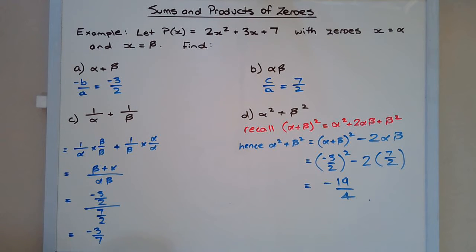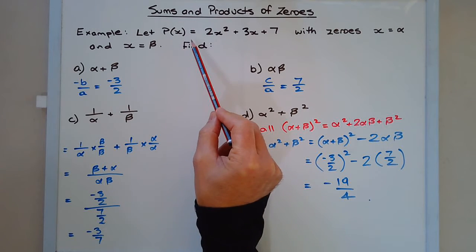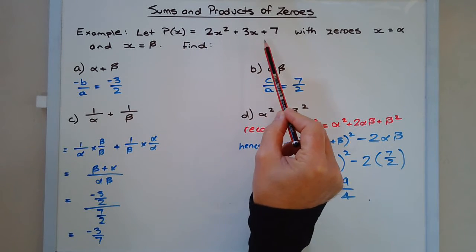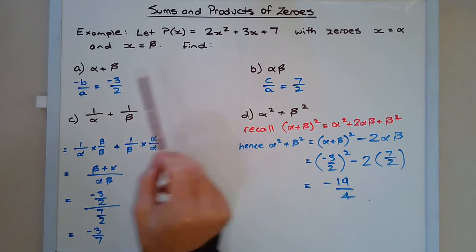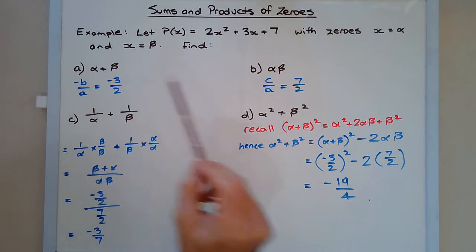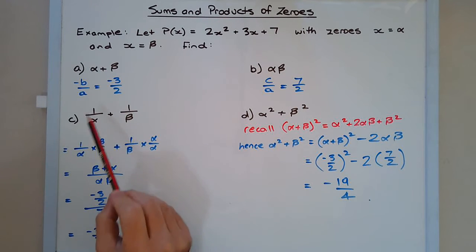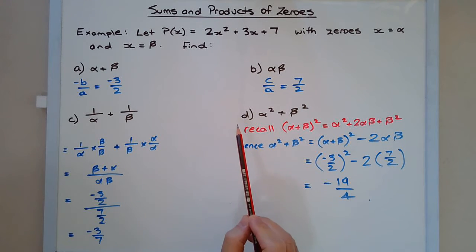Here is an example involving the sums and products of zeros of a quadratic polynomial. Let p of x equal 2x squared plus 3x plus 7 with zeros x equals alpha and x equals beta. Find A, alpha plus beta, B, alpha beta, C, 1 on alpha plus 1 on beta, and D, alpha squared